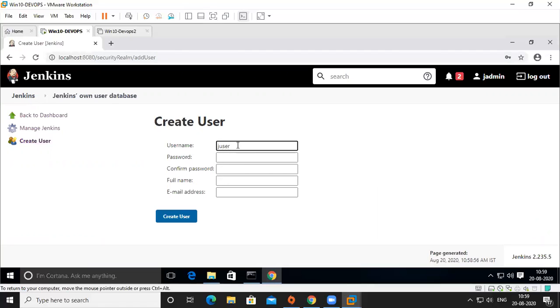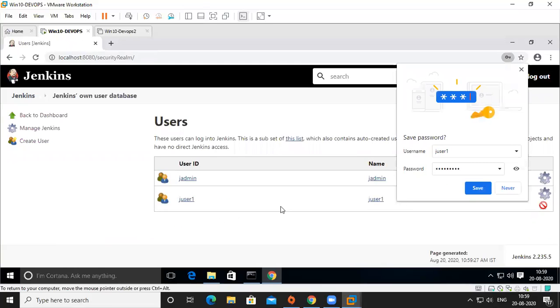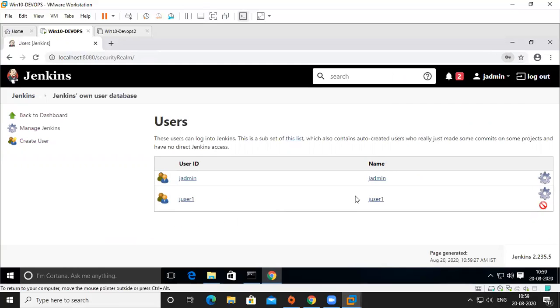I put JUser1. The password is again admin@123; any password you can give, without forgetting it. If you want to give any other detail, JUser1@example.com. If you have your own mail server, you can also use it. I don't want to save it, so you can see JUser1.